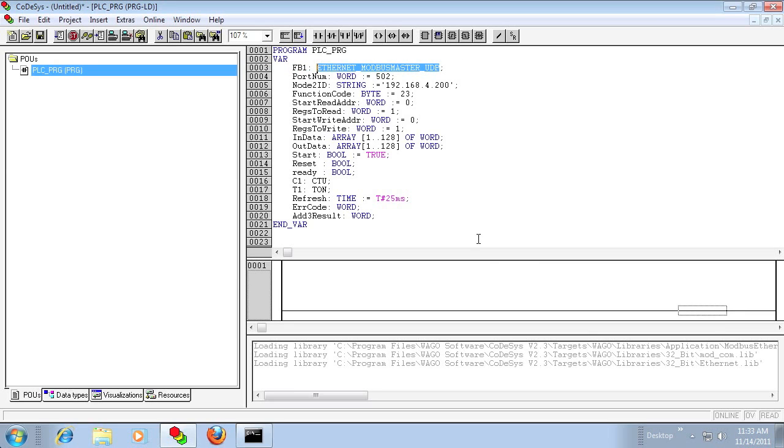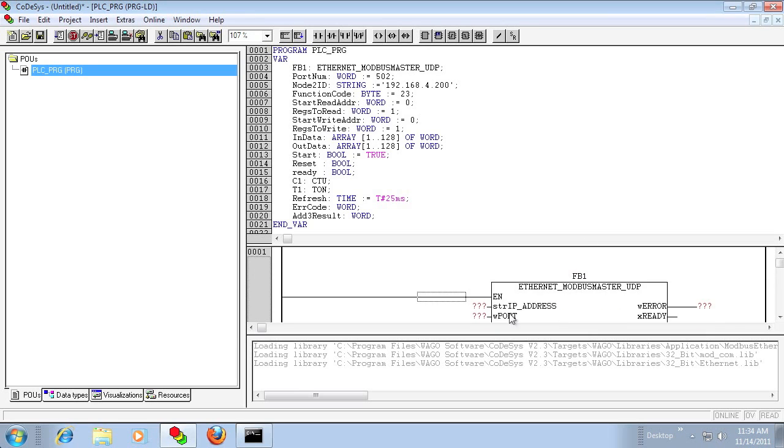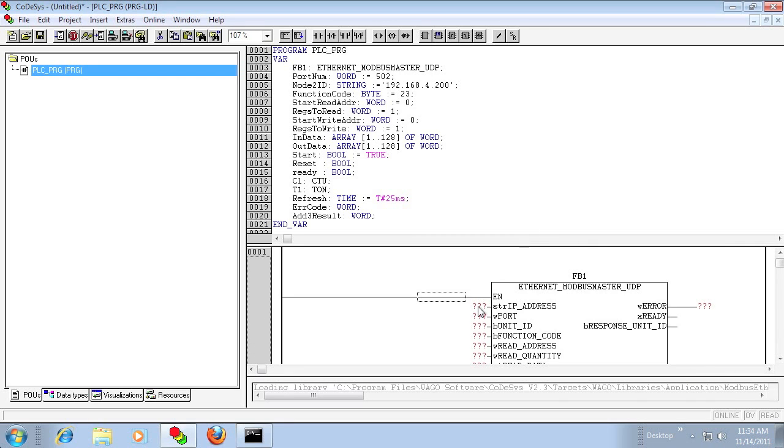I'm just going to paste them in, and then on my first rung I'm going to insert a box with enable with that same Ethernet Modbus Master UDP block name, and then I'm just going to tag this block with all the parameters, and these would be things like the IP address, the port number, which just happens to be 502 for Modbus, the function code, which is